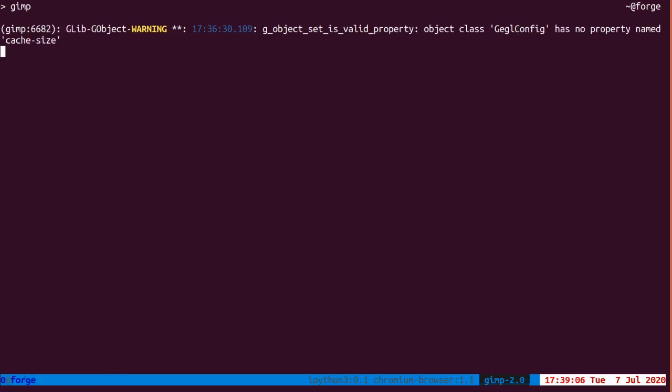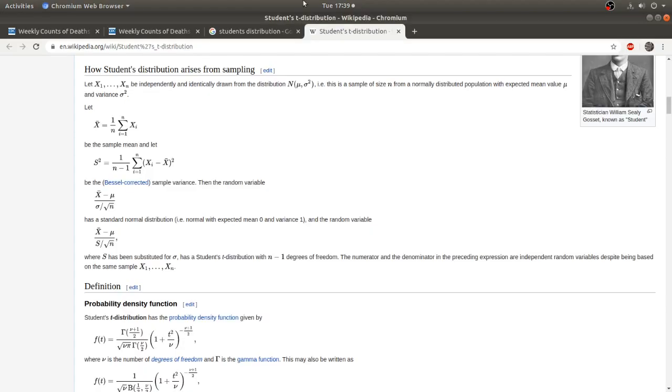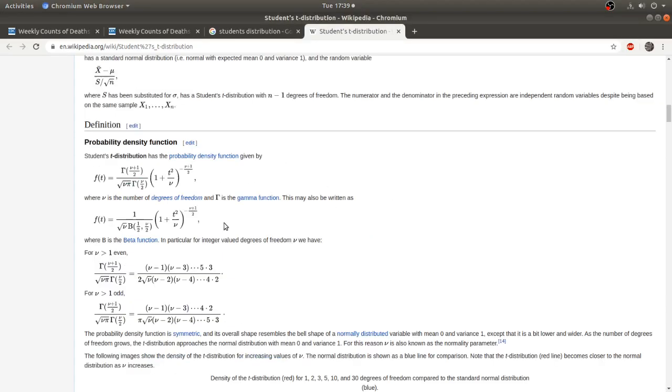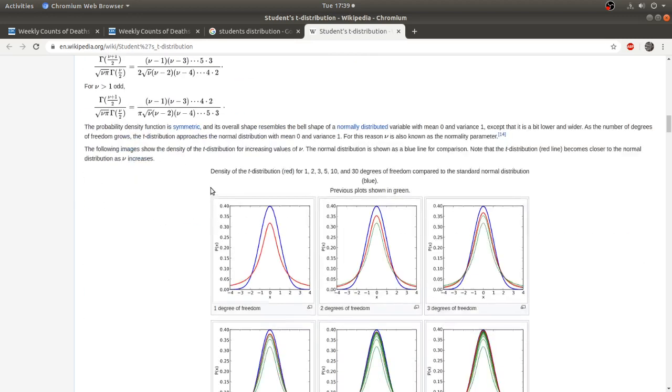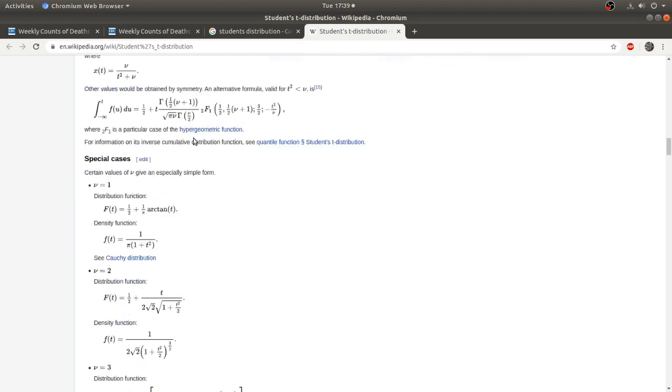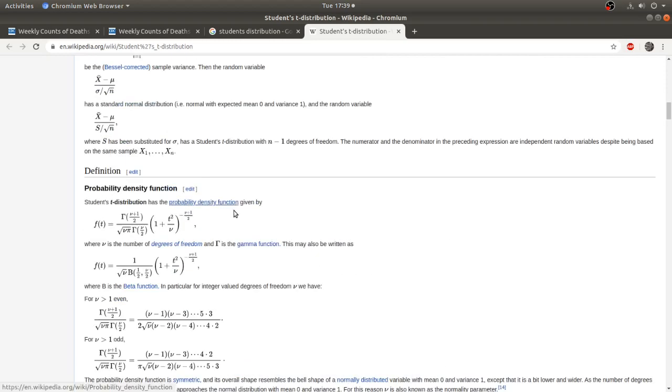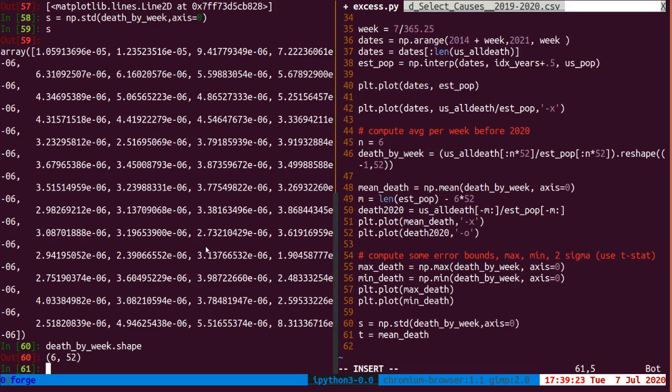So let me come back to my over here. You can get all this probability density function, whatever stuff. You don't want to compute this manually. Let me just say that right now. You don't want to do that. You want to use an existing method to compute that, like